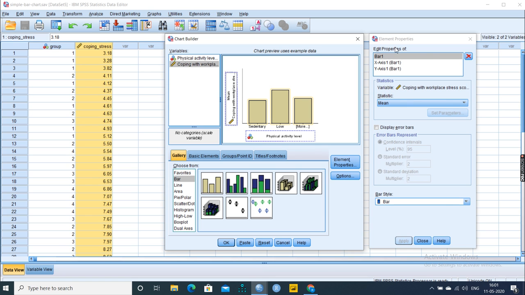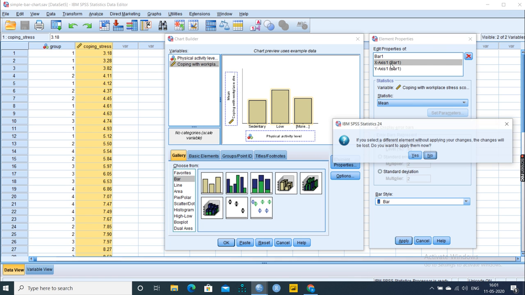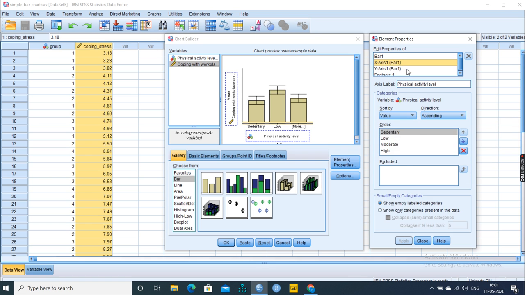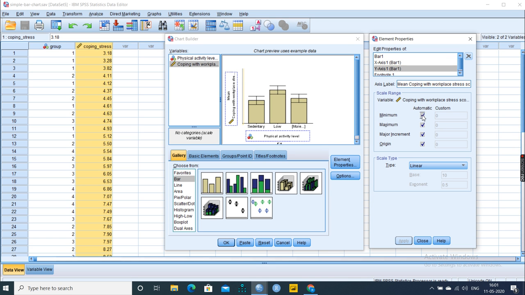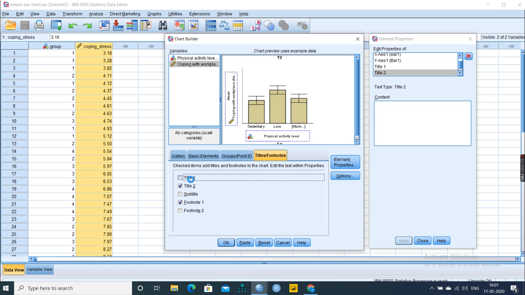So it's continuous here. So now bar, when you click bar, you click display error bars showing the confidence level of 95%. Then you choose your x-axis, let it be the same. Y-axis minimum to be kept as 0. So you maintain this, apply. Then I want to give some title for this. So I am choosing title 1 as stress study. Say stress study. So I am giving apply here, and I am giving OK now.